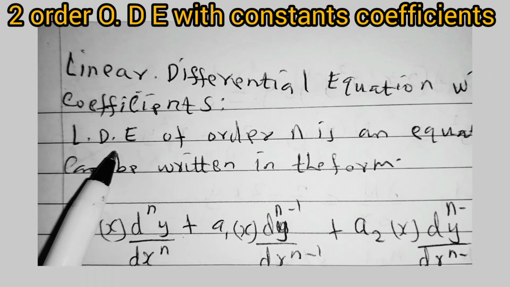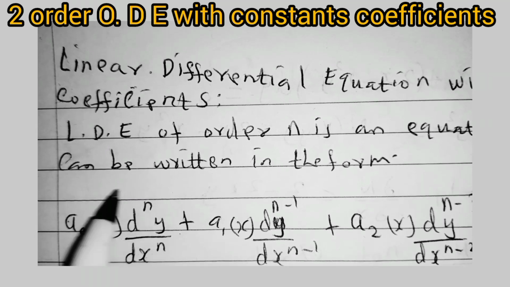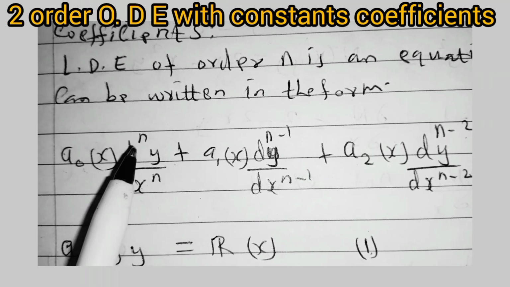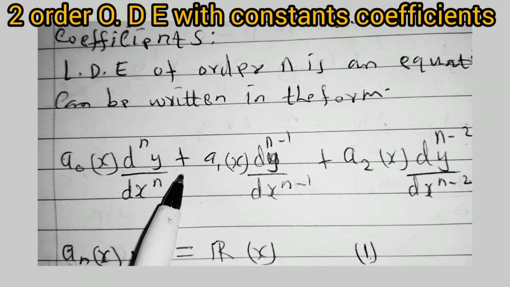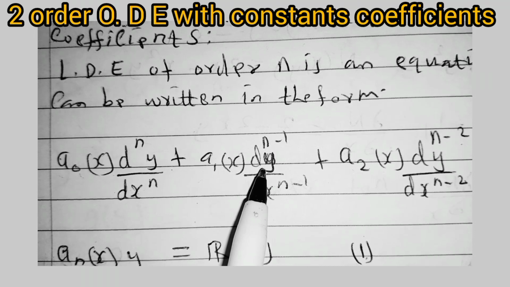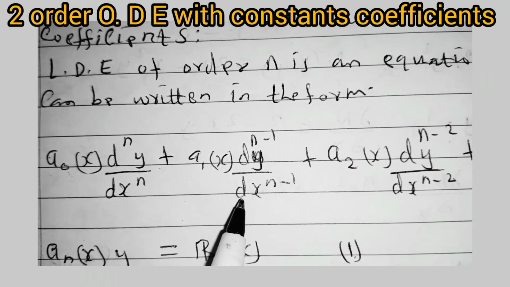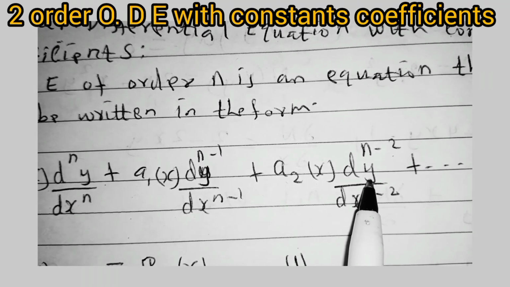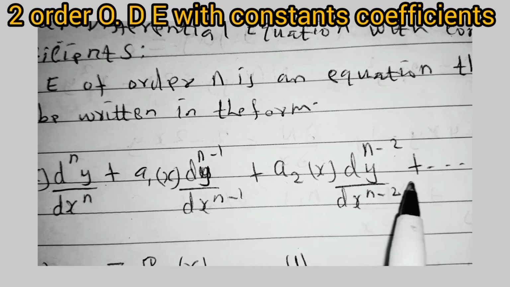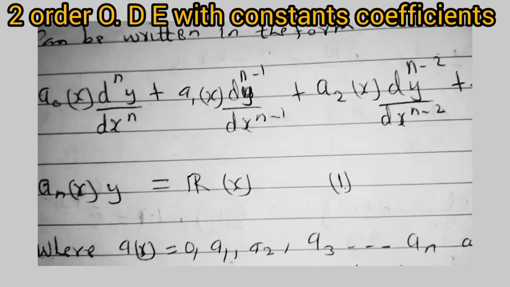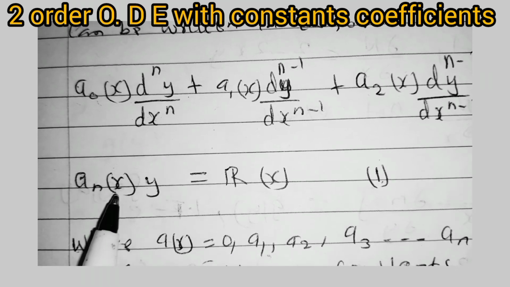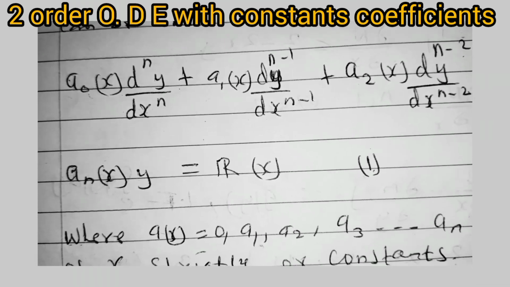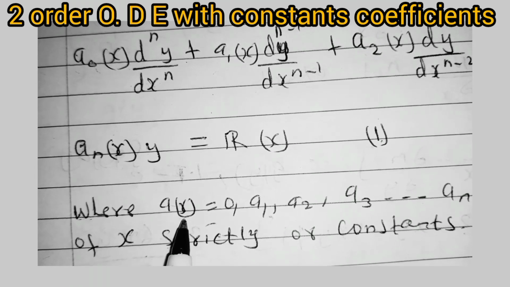A linear differential equation of order n is an equation that can be written in the form which I have shown here: a0(x) dⁿy/dxⁿ plus a1(x) dⁿ⁻¹y/dxⁿ⁻¹ plus a2(x) dⁿ⁻²y/dxⁿ⁻² plus, all the way to the last term, an(x) y, equal to a function r. We call this equation 1, where